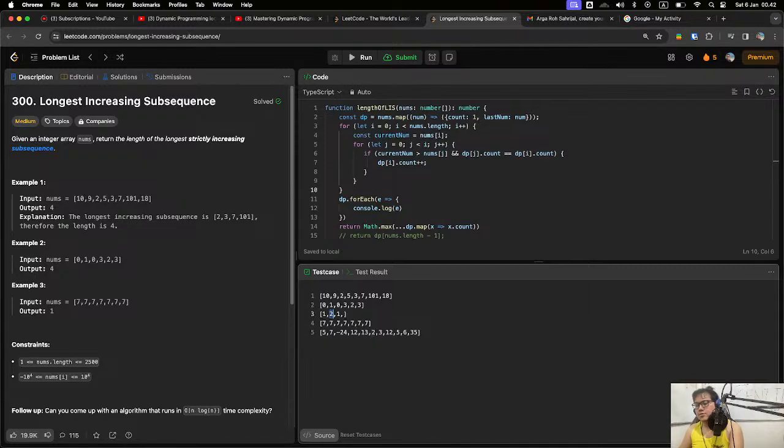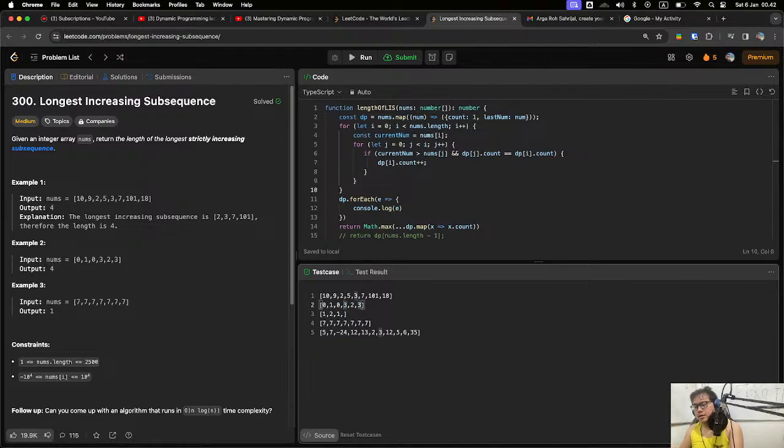The first index is 2, the second index 1. Now, for the current element, which is 3, we compare to the previous elements. What I mean is we compare 3 to 0, and we know 3 is bigger than 0. And the current dp, or the current outcome for this element, is 1, right?